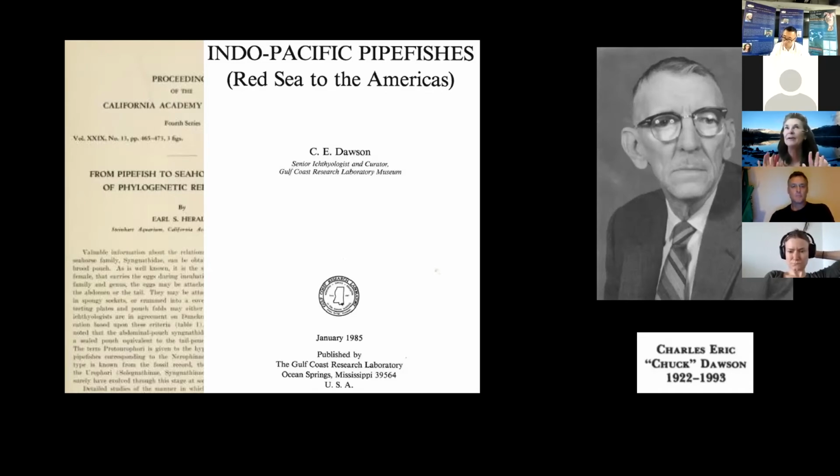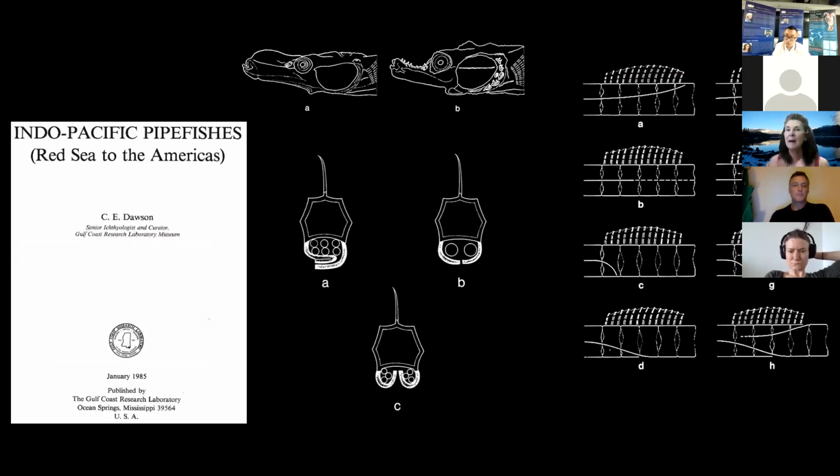He never went into the field to examine these fish, but he was the one that came up with the morphological characters that help us diagnose species. So he looked at cranial features, at brood pouch features, at features of dorsal fins and tail and trunk rings. He looked very carefully at these fish, and he was able to diagnose to species literally dozens and dozens of